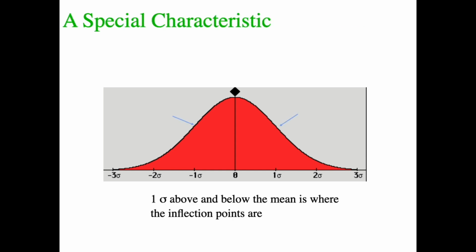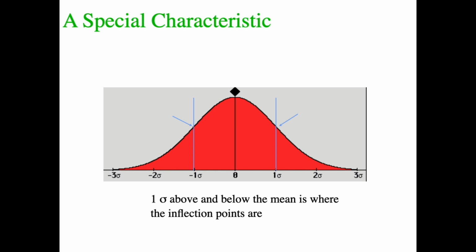So it turns out, for instance, that the inflection point of a normal curve, this part on the right side or the part on the left side, where it goes from a concave curve to a convex, kind of changes its direction, that point is called an inflection point, and it's exactly at 1 standard deviation above and 1 standard deviation below the mean. That's what's true always about normal curves, that they have that property. So 1 standard deviation above and 1 standard deviation below the mean is where those inflection points are. Another thing you can think about is